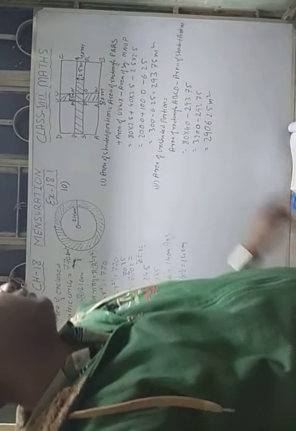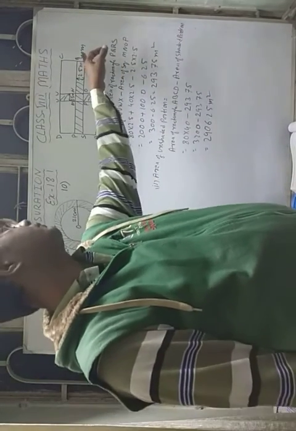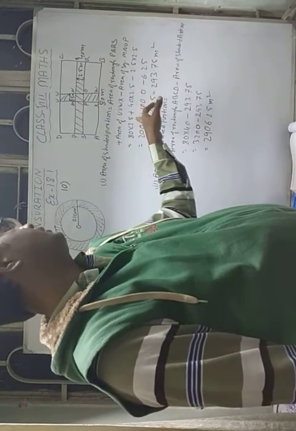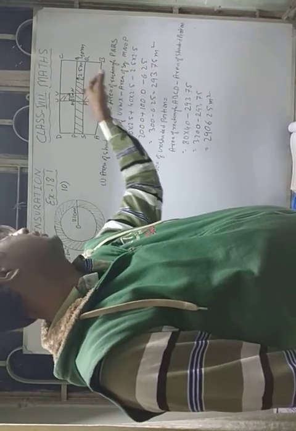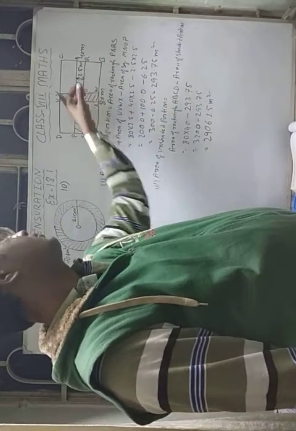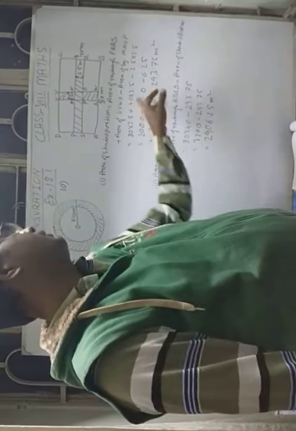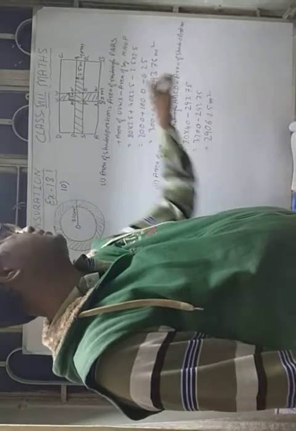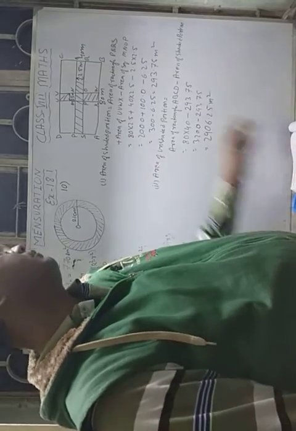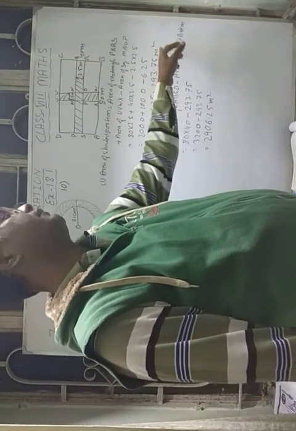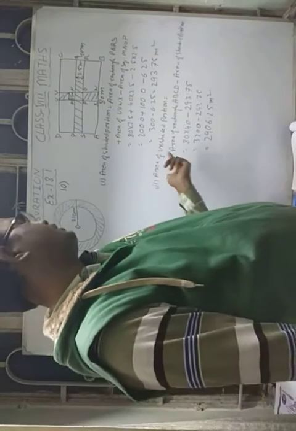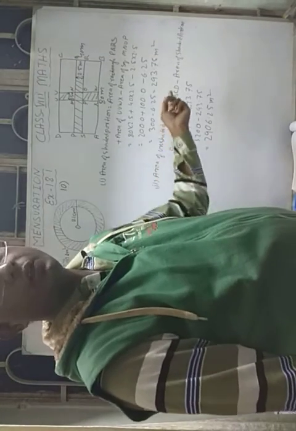Now you have to put the values. Area of a rectangle is 80 into 2.5, so length is 80 and breadth is 2.5. Area of this UVWX, the length is according to the breadth of this garden, so this is 40 into breadth 2.5, and the area of this cross section is 2.5 into 2.5. When you calculate this, you will get 293.75 meter square.